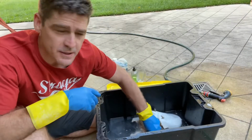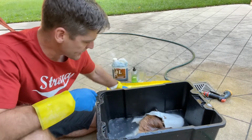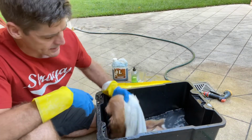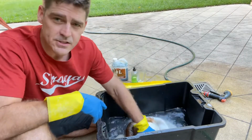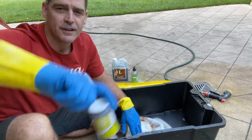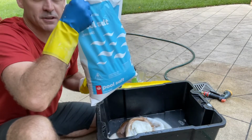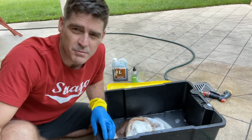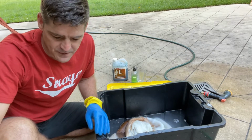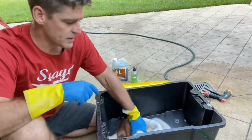The hide's been sitting in the pickle, and I just use garden rocks to pin them down, so no parts are left up in the water. For that pickling solution, I use 4 of these from Woolies with a bunch of cheap salt. That's not the salt that I use to salt the hide with. I've got fleshing salt over there. But mate, $5 from Woolies and it's down the road. It's too easy. So anyway, 3 days later,